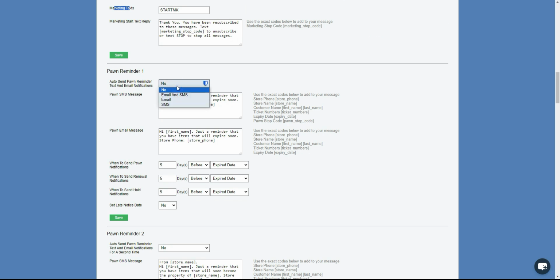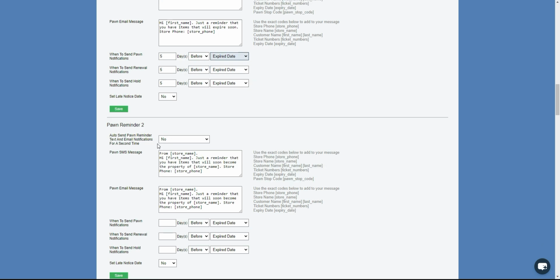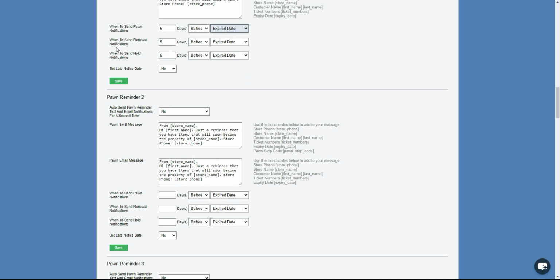So you can send email and SMS together. You can send just email, or you can send just SMS. Here is the messaging, again, totally customizable. Here's the one for email. When to send pawn notifications, 5 days before or after expiry date. So you can go ahead and set that up. You have 3 options here to send. So you can send pawn notifications, when to send renewal notifications, and if you're doing any holds, when to send